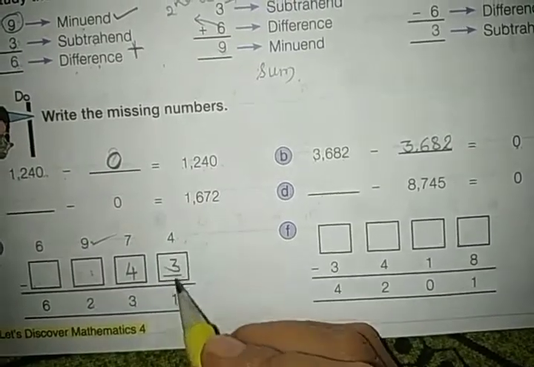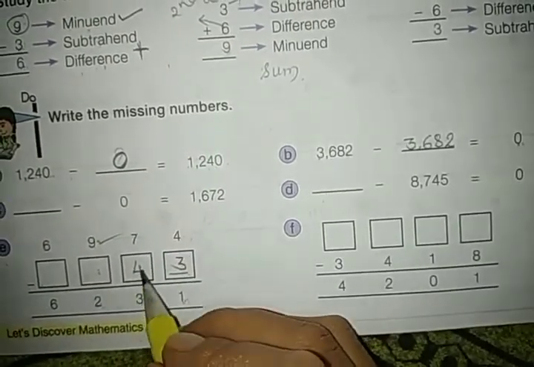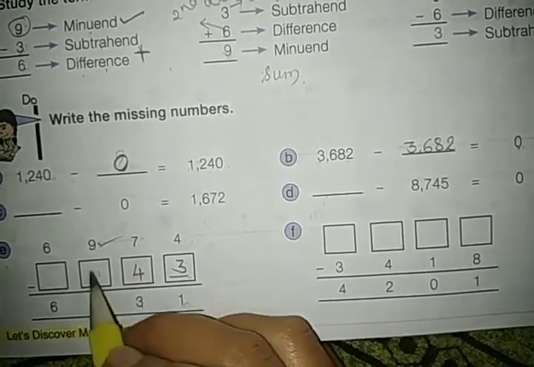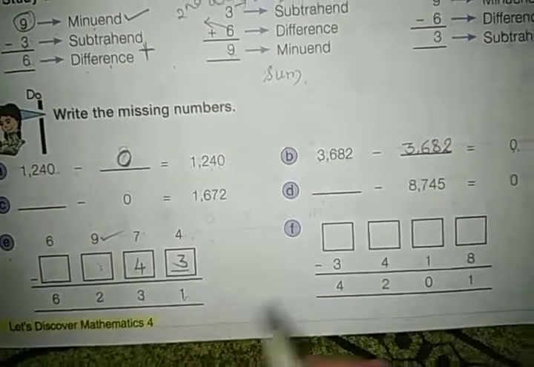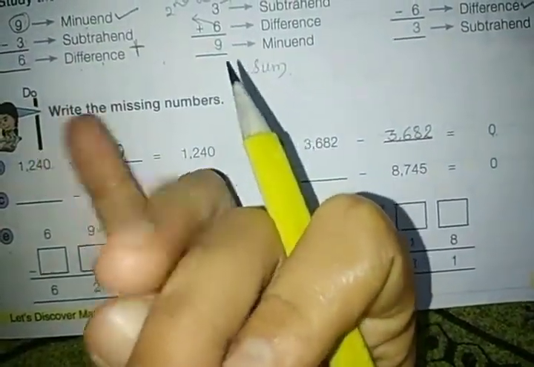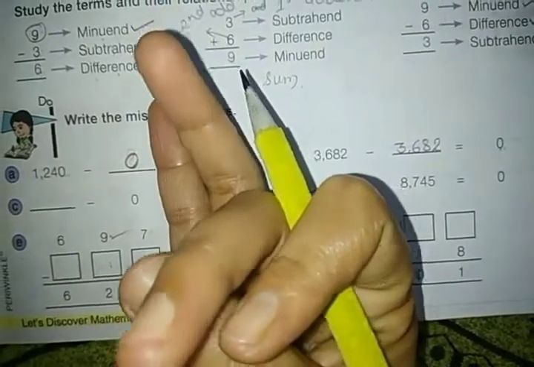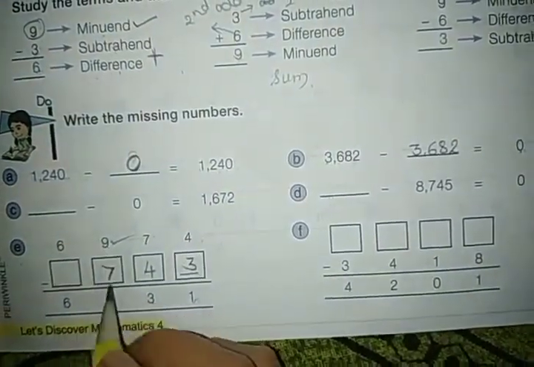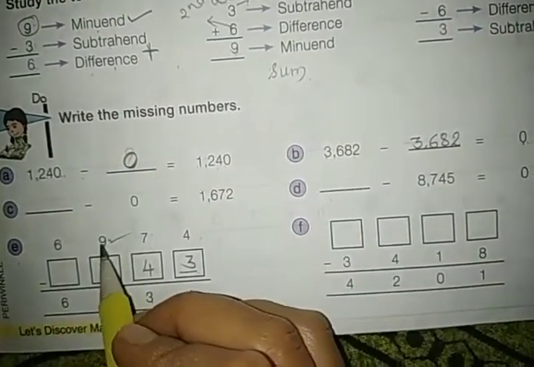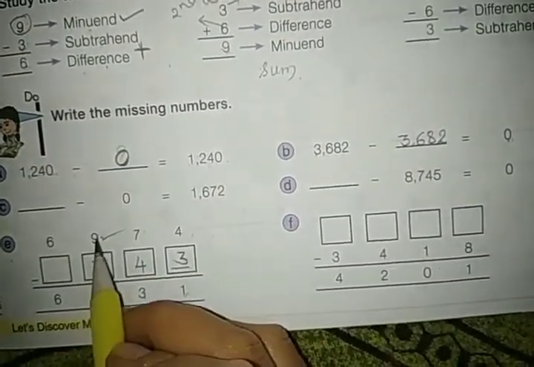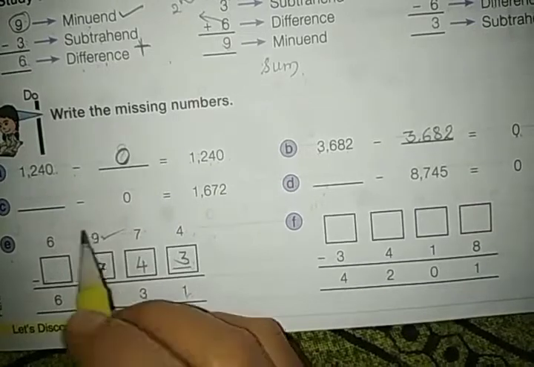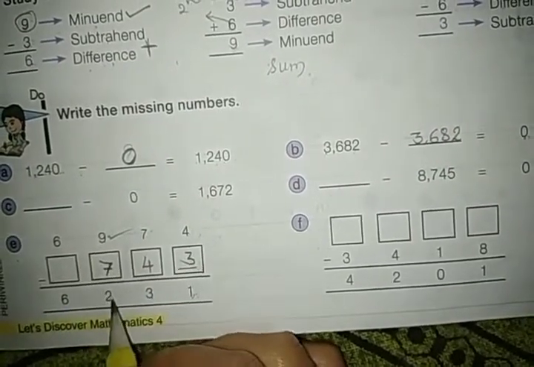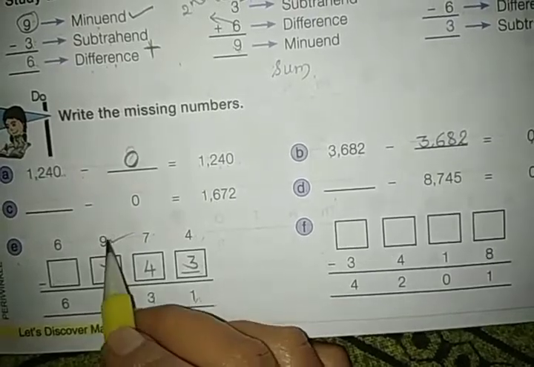Now see here, 1 plus 3 is 4. Yes, 3 plus 4 is 7. Now 2 plus what is 9? 2 plus dash is 9. Count, here 2 is there, 3, 4, 5, 6, 7, 8, 9. How many? 7 numbers. So 2 plus 7 is 9. Like this also you can do, or else we can find the answer by subtracting, 9 minus 7 is this one, 9 minus 6 is this one. We can find the answer like this also, but this will be easiest. You can add the numbers here and find the minuend.